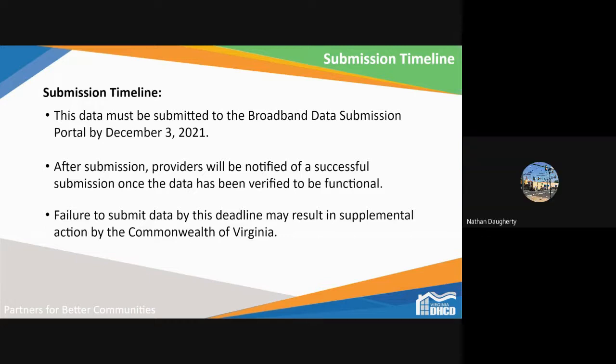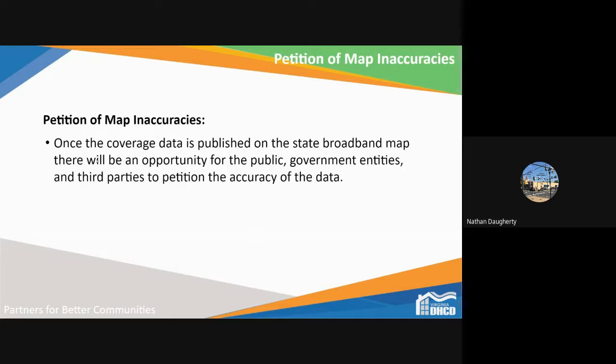Okay, thank you. And my next clarifying question relates to, I think it was 13. It's related to the petition of map inaccuracies. I didn't notice that there's a detailed process for how that will work, and I was curious if there's anywhere I can find that, or do you have any additional information as to how that process will work?